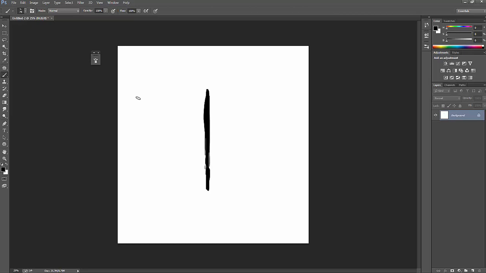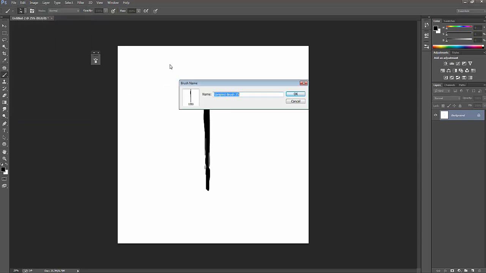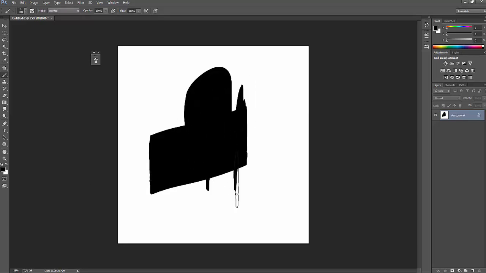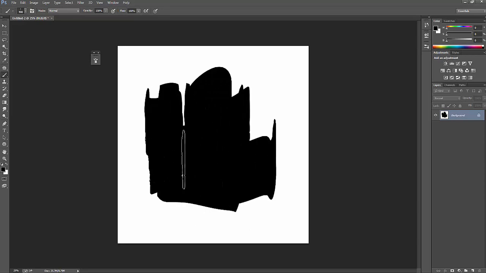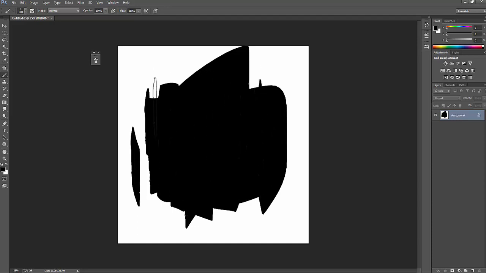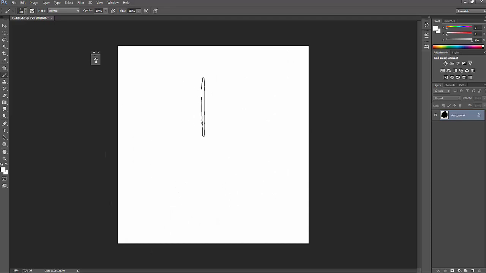Okay. So we go to Edit, Define Brush Preset, name our brush sketch brush 2, and we have the brush. This brush we have here is basically unusable, so we have to go back to the brush panel and adjust it. Let's go to the brush panel by pressing F5,